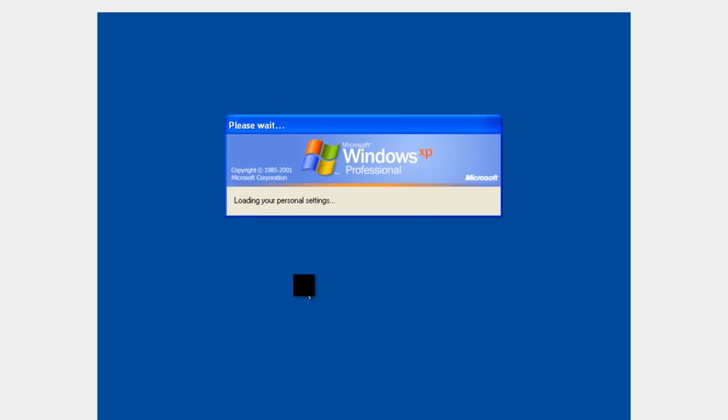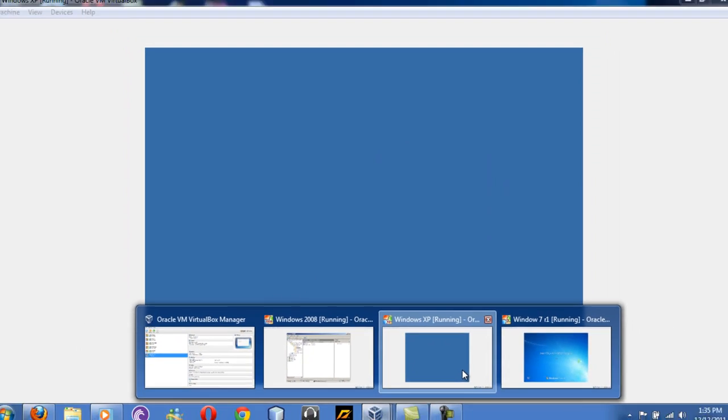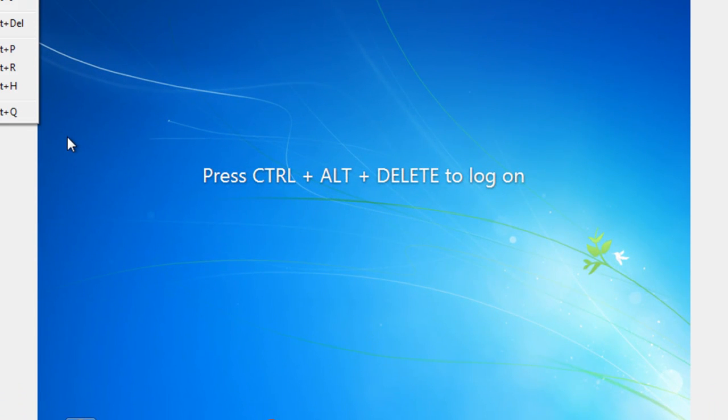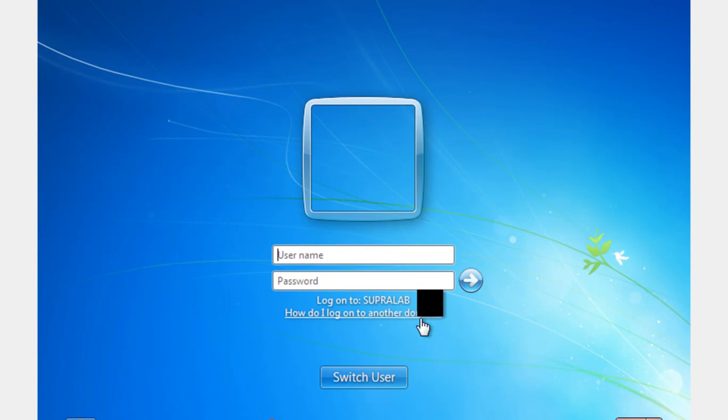Right, click OK, and we are going to load up onto our domain. And now I'm going to do the same thing on Windows 7. Click machine, insert Ctrl Alt Delete. I'm going to click on switch user, other user,